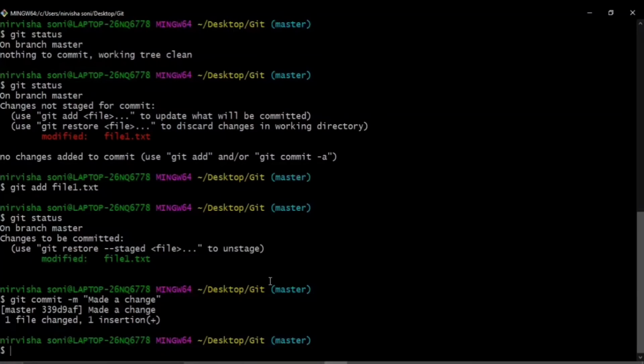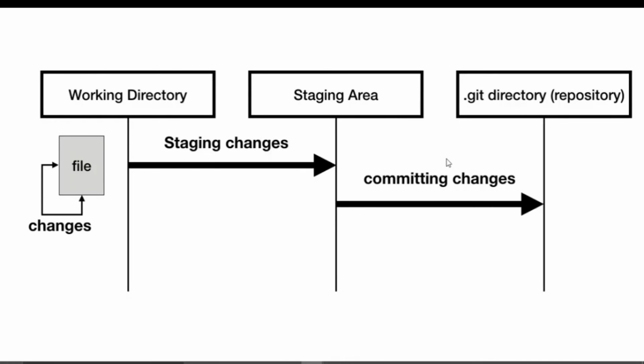So this is how local repositories work, this is how we send files to staging areas, and this is how we make commits. Let's understand everything again. This is our git directory, which is a database for monitoring each and every change that we are going to make in our project. This is our working directory, and in this directory we are going to modify the project on which we are working. So this is the file, and we are going to make changes in this file.